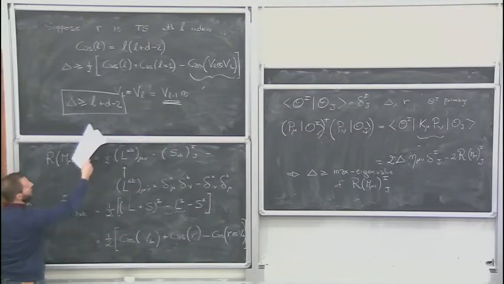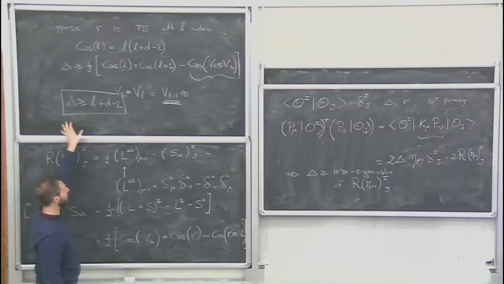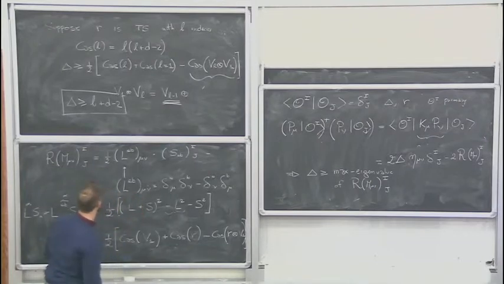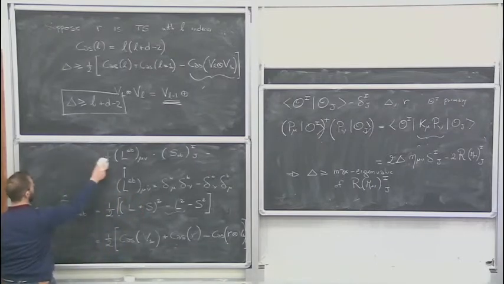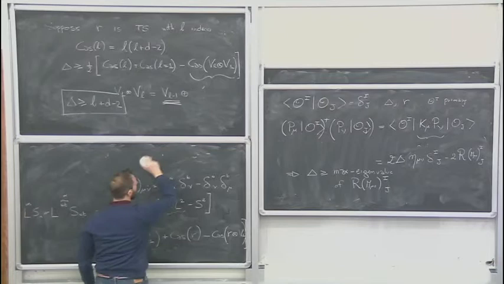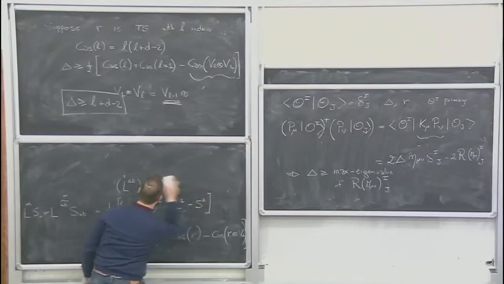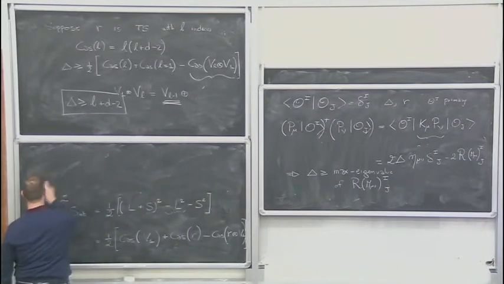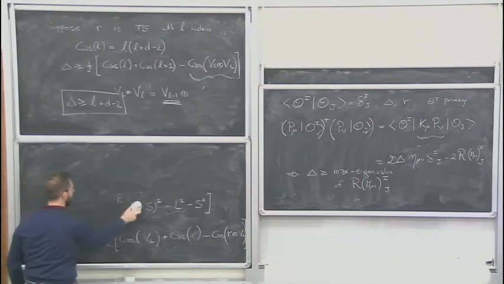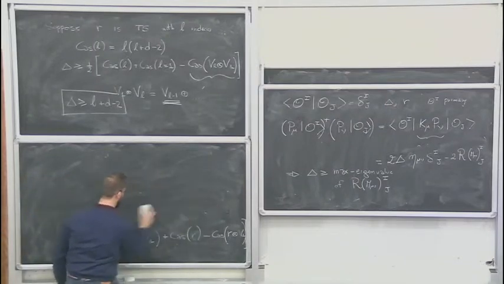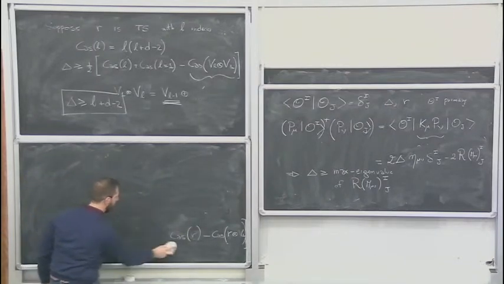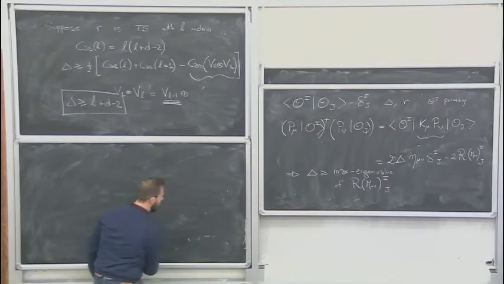So for scalars, this reasoning does not apply. You don't get a constraint like this, but you have to go to the second descendant. I'm not doing that, but you can do it yourself. You can compute the norm of the second descendant of a scalar and show that